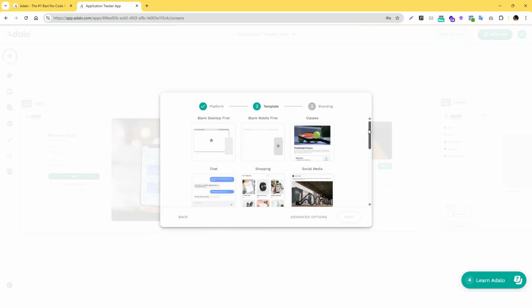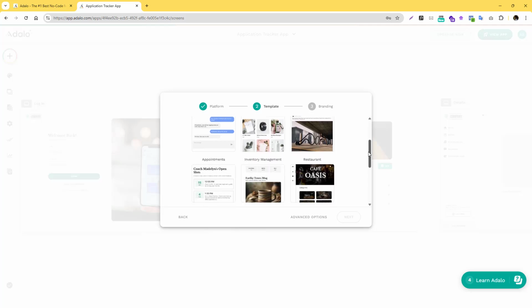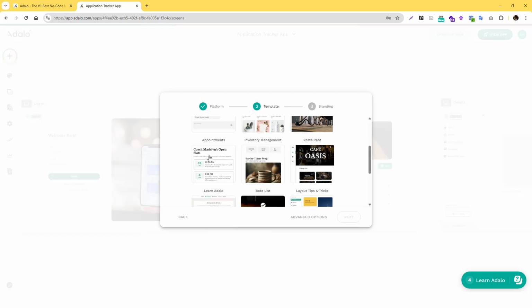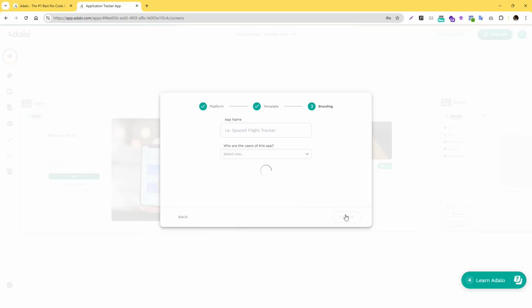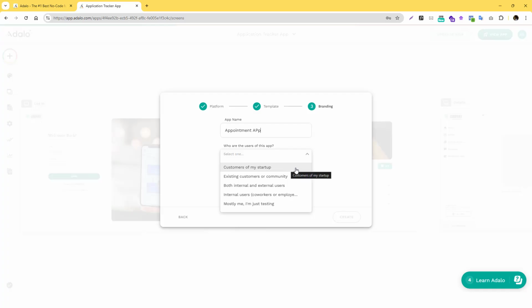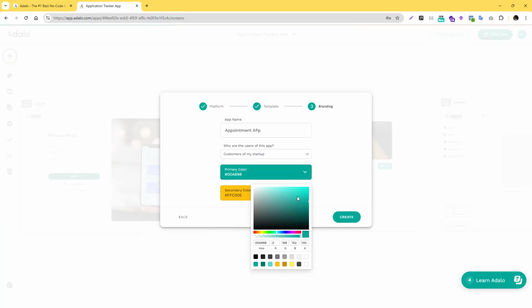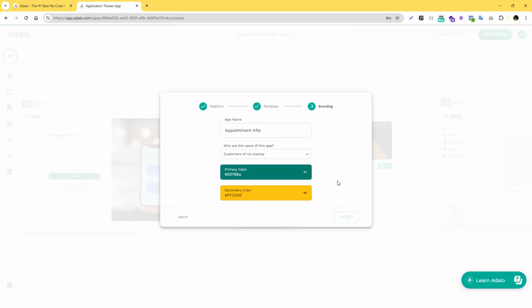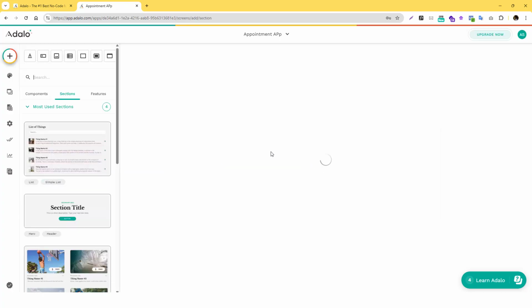So let's say you wanted to create an appointment app. You click that, you click next, and then appointment app. But again, you can also start from scratch if you want to. Let's say I'm just going to do startup, and obviously you can play around with the color. Click on create, and then